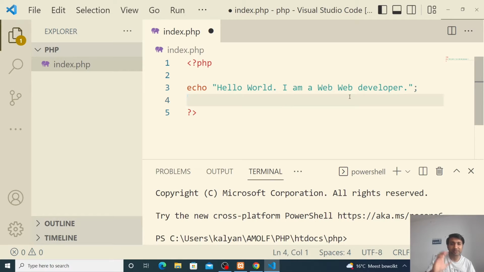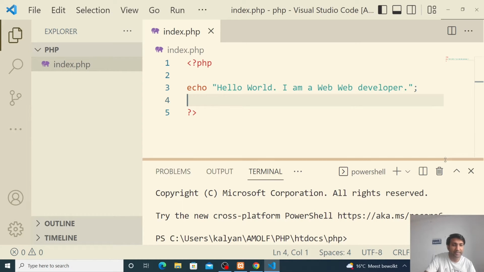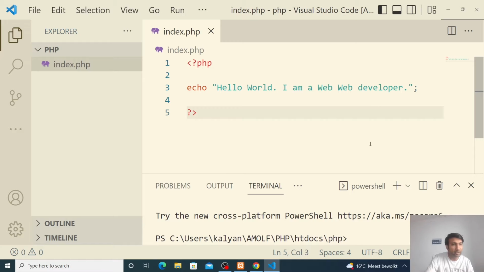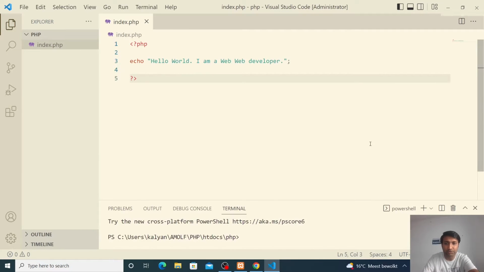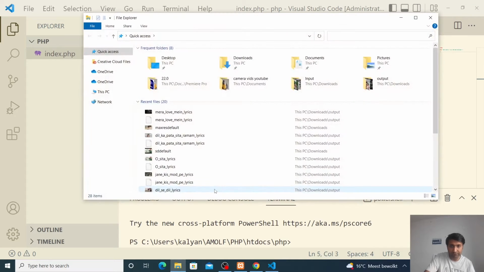Now our main task is to save this file. How do we save? Ctrl+S is the shortcut key on the keypad. If you want to use the shortcut key, that's much more recommended. Ctrl+S means you are going to save the file with the content in it. So this is our first program we have typed, and now let's see how we are going to see our first output. Basically we are going to go to the folder